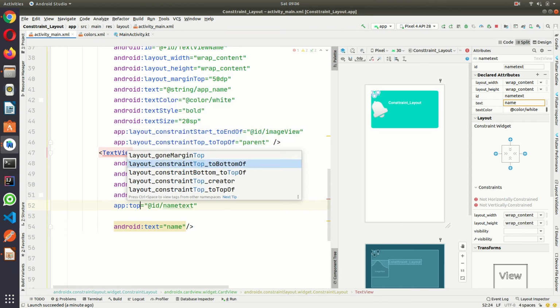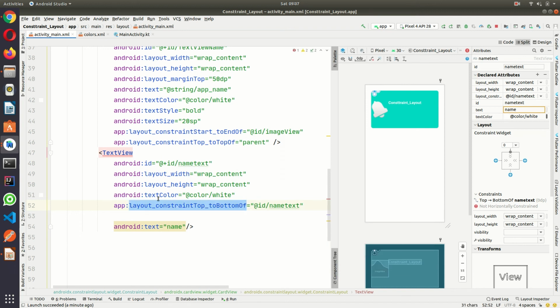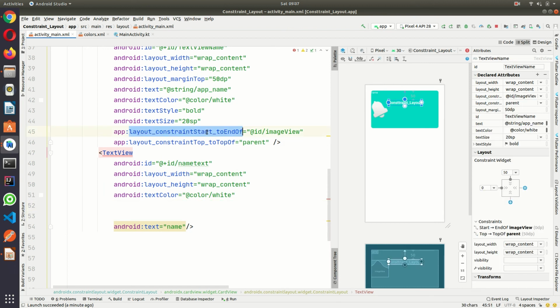First I need to remove this. First I'll use the end of the image, so this should be also here.